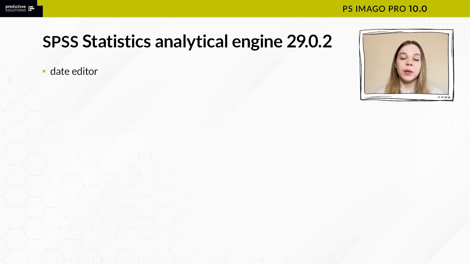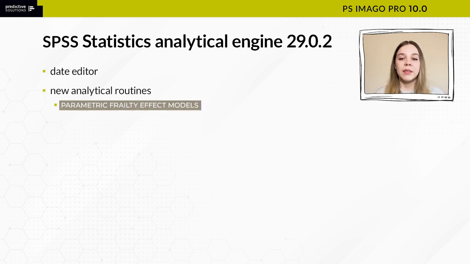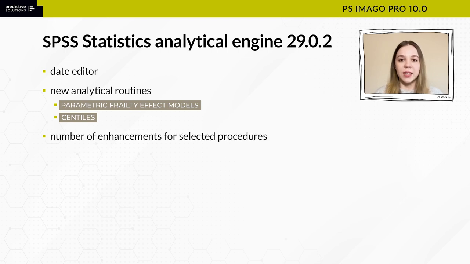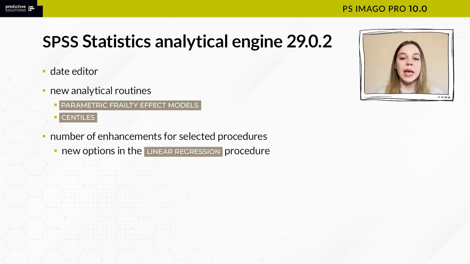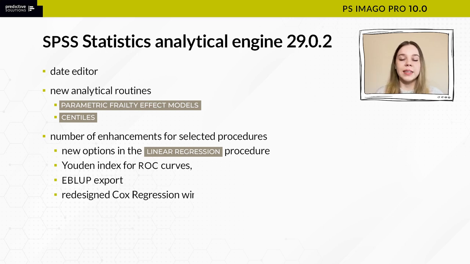Another thing worth noting are the new analytical routines. Parametric frailty effect models for survival analysis, and centiles, which allows the calculation of arbitrary percentiles using one of the 5 available methods for their estimation. SPSS Statistics 2902 offers a number of enhancements for selected procedures, including, for example, new options in the linear regression procedure, Youden index for ROC curves, eBlab export, and redesign Cox